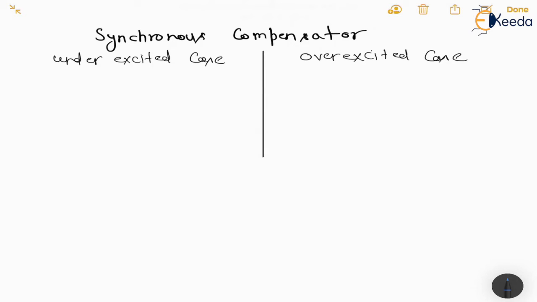Synchronous compensator is basically a synchronous motor working on no load. If we change the excitation, then its behavior will change. Like I have taken two cases, under excited case and overexcited case, working on no load.